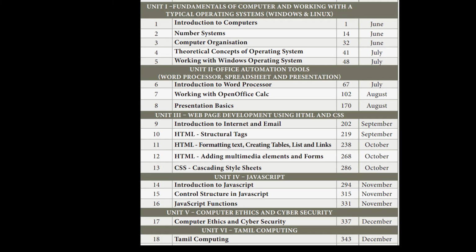That is nothing but we'll be coding and creating a web page of our own. Then the next advanced level will be JavaScript. The next unit will be JavaScript, and then at last we'll be learning some ethics of computer, cyber security and thermal computing also.